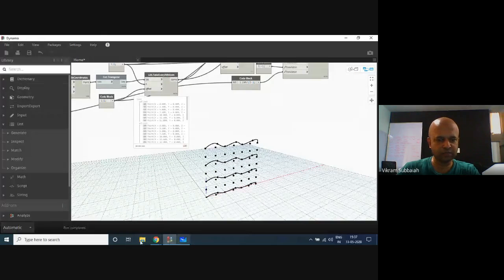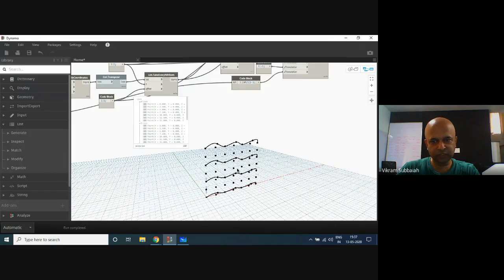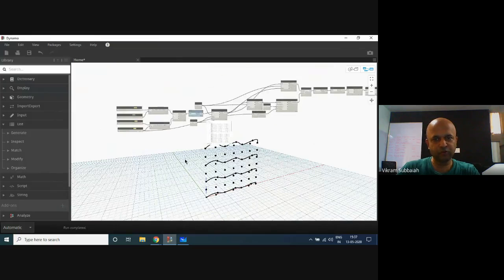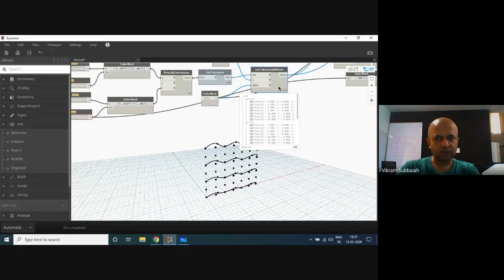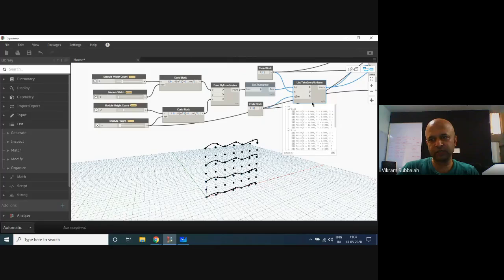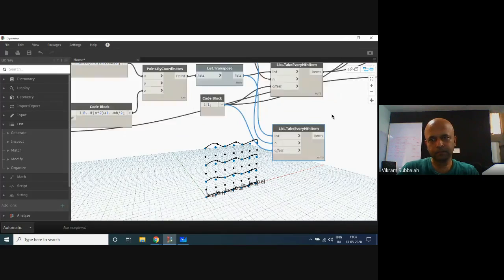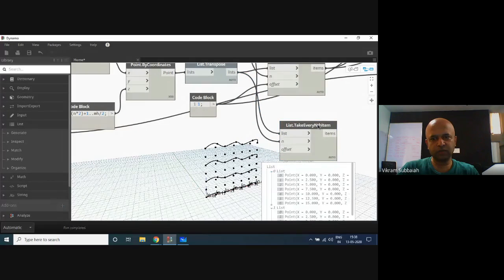So now what was the other thing that we had? If you look at Rupesh's image, basically we need one straight line here at this edge. And then we need to loft it to this curve. That is, we need a line that joins these points. Which are those points now? These are the points that we've used to get the curve. So now let's get the other points basically. So now these are the other points.